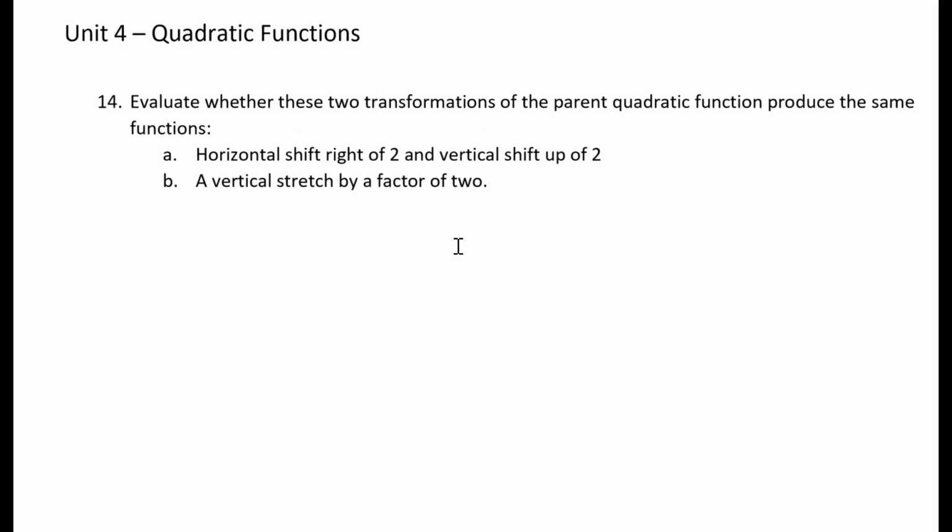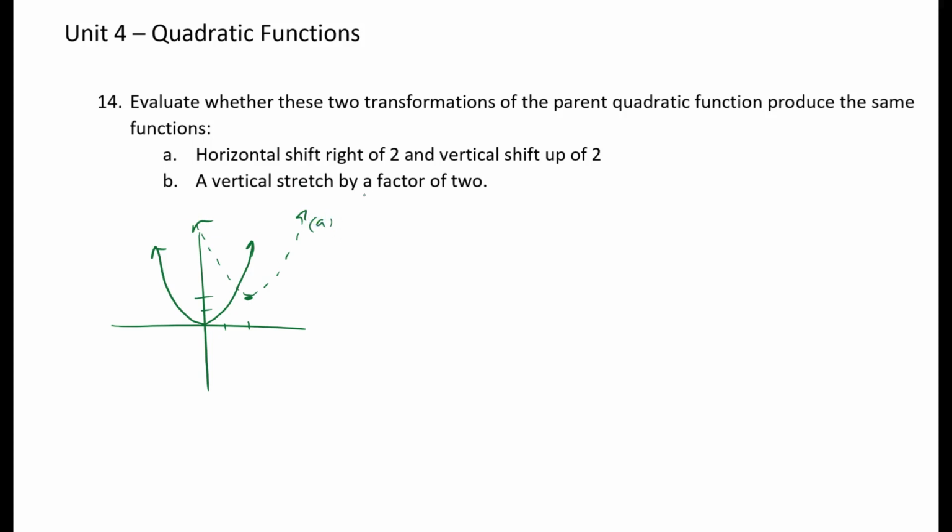Alright, evaluate whether these two transformations produce the same function. Horizontal shift to right 2. So here's the parent function. Horizontal shift of right of 2. So that's going to go over 2 units. And a vertical shift up. So here, the shape's not going to change because a is not moving, it's just being slid over. So this one is A,